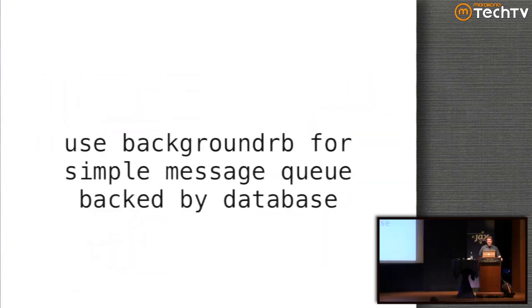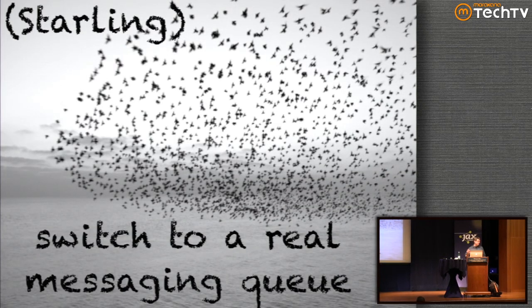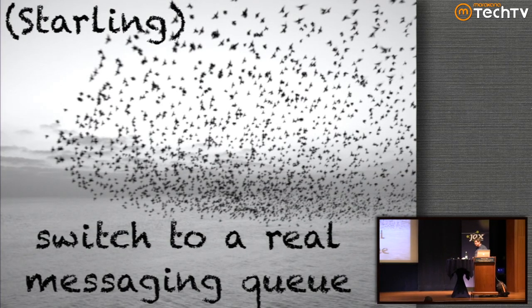In fact, we'd been using this simple message queue backed by a database for a long time. Our DBAs, though, had caught wind that we were using one of their precious databases as a message queue, and they started making this face at us every time we passed them in the hall, which we viewed as probably not a good thing for the project's longevity. And so that was the impetus for us to switch to a real message queue, Starling, which is a message queue in the Ruby on Rails world.